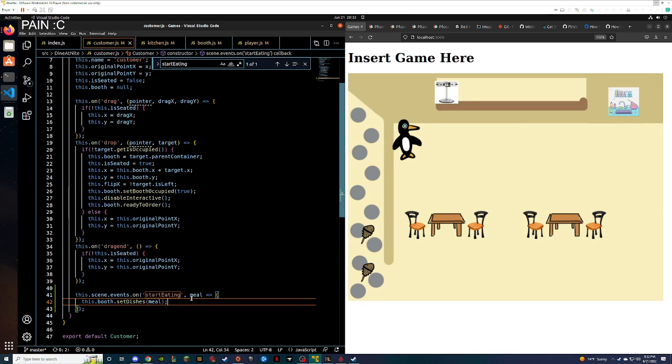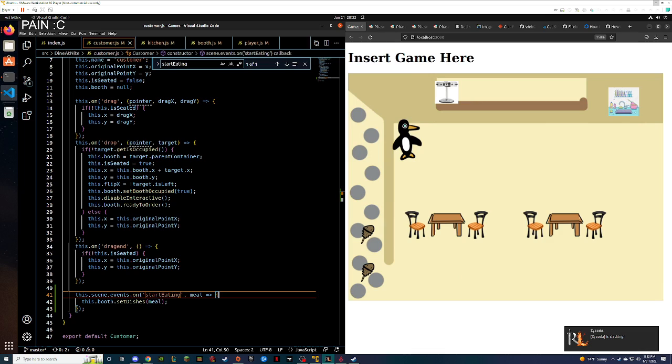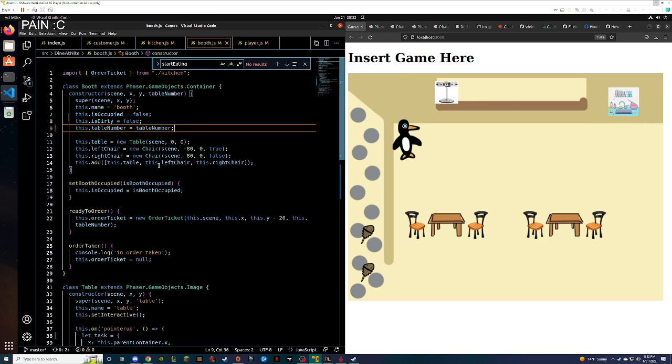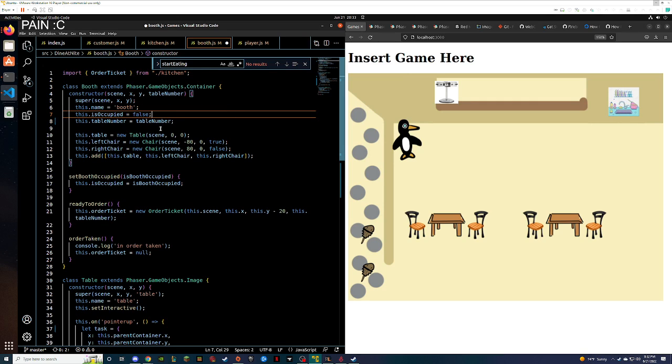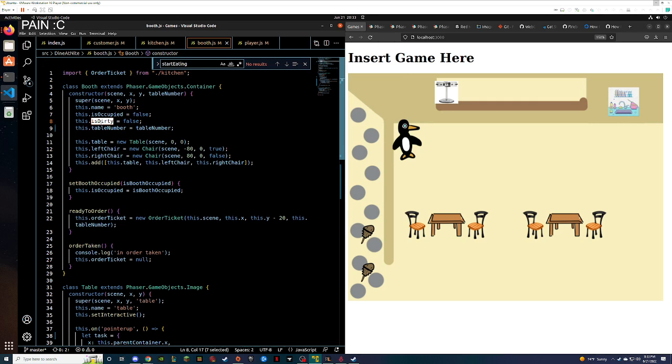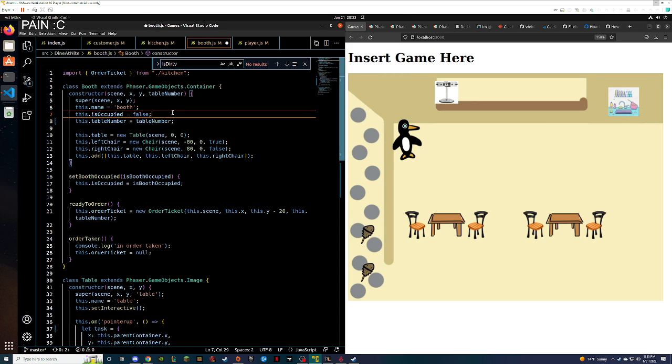Okay. How do we want to do this? Because we want the animation of the people eating to play. But we don't have an animation, so I don't want to worry about it yet. Does the booth know who's sitting? No. I don't think I'm using that anywhere. Hold on, let's double check. Am I using you anywhere? No. Okay. Goodbye.